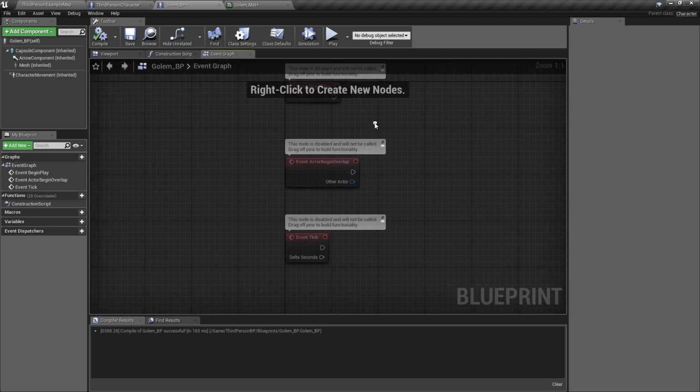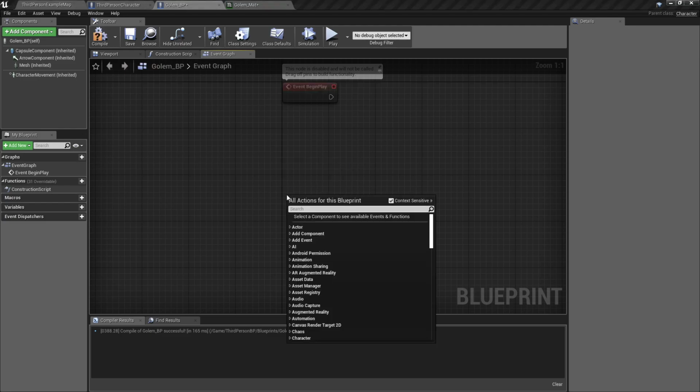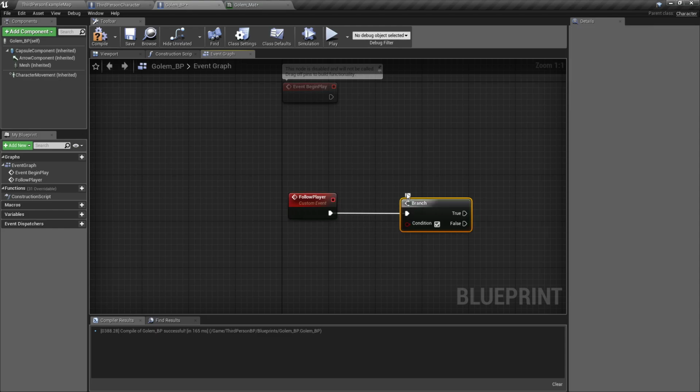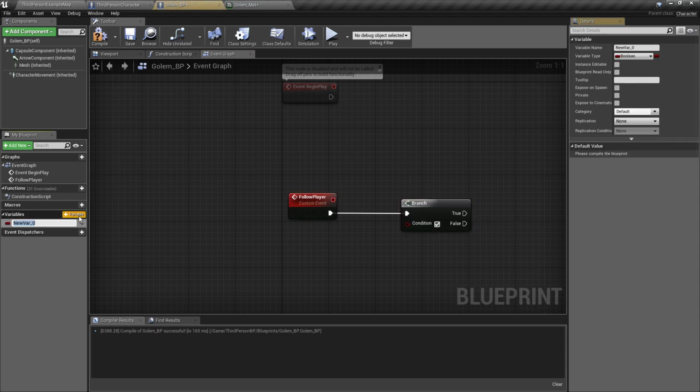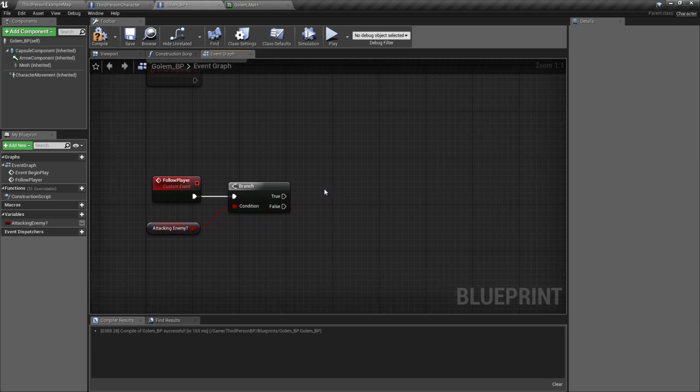Now in his event graph, we want to delete the bottom 2 because we don't need them. We want to create a custom event called follow player. We'll add a branch afterwards with a B and a left click. Add a variable and call it attacking enemy? Because when our golem gets to the point where he is attacking the enemy, we don't want him to try to follow the player at the same time. So if he is not